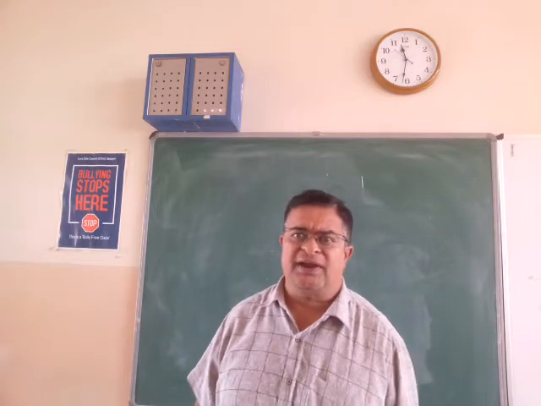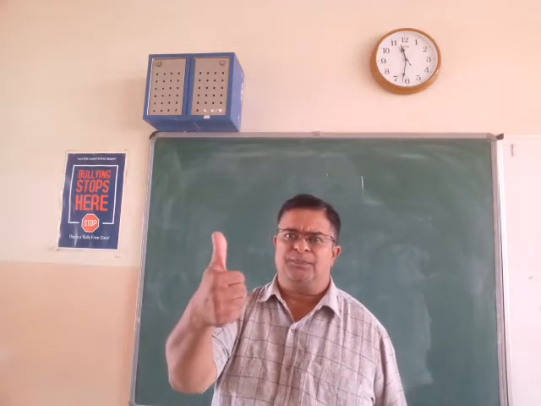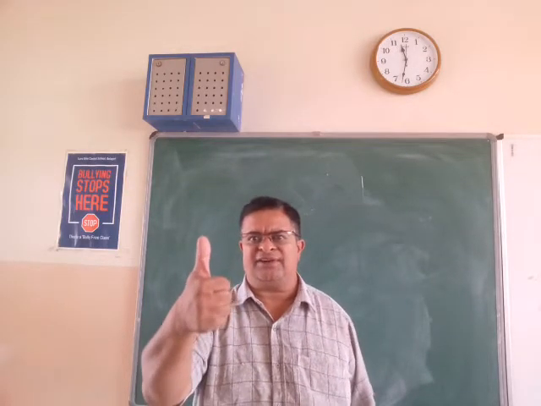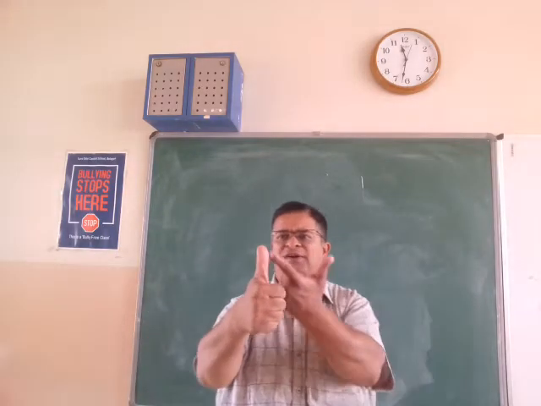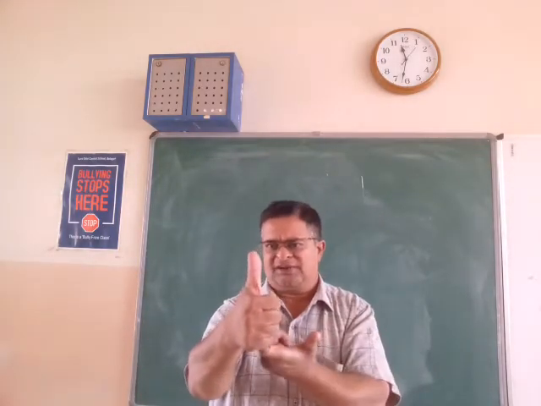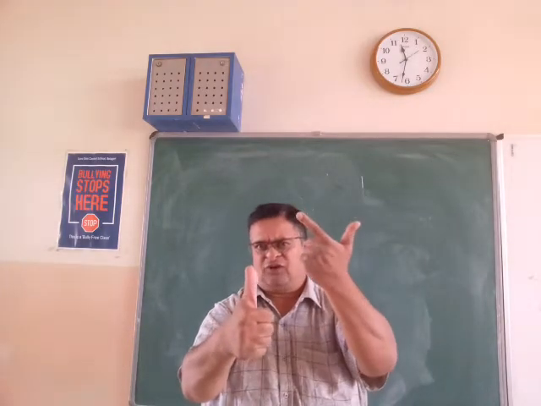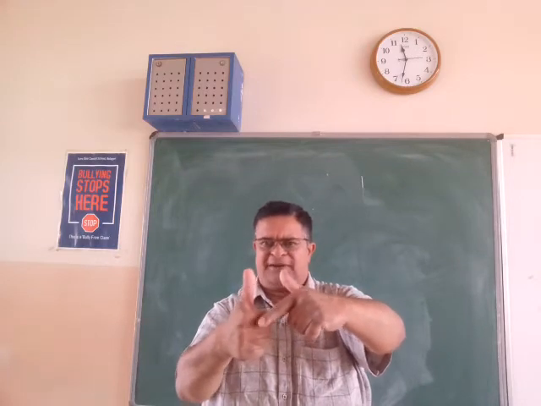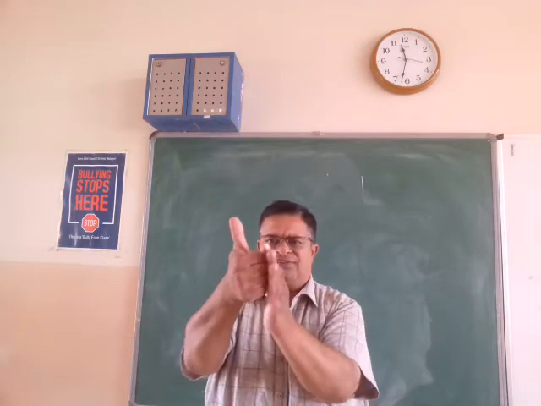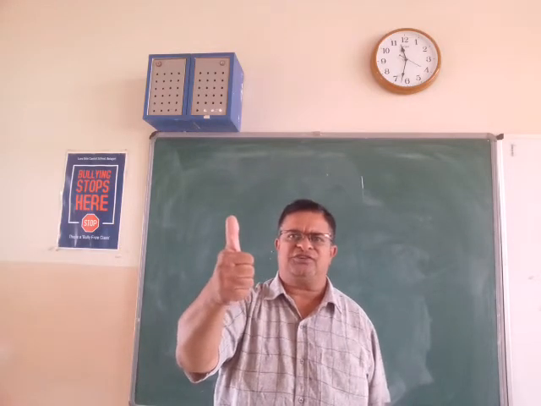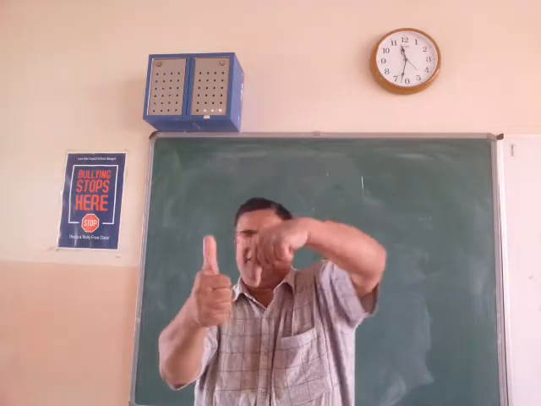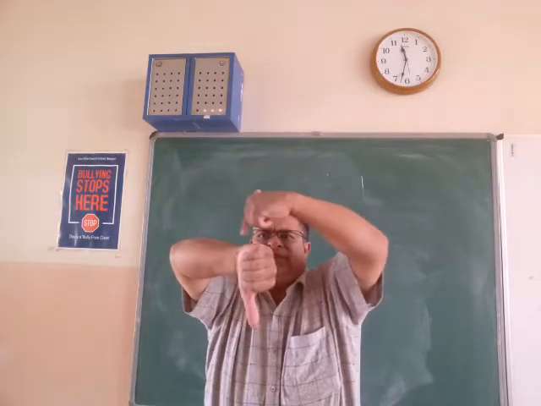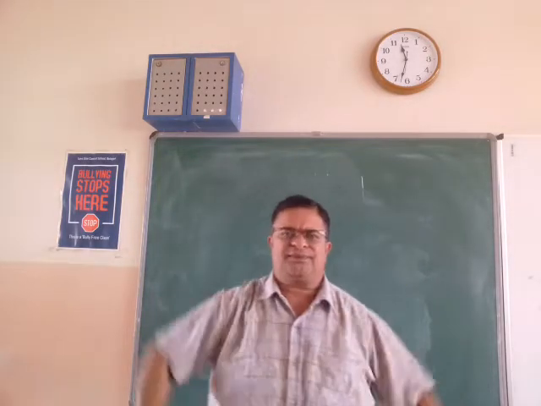This right hand rule states that if you imagine holding the straight conductor in your right hand like a grip, with the thumb pointing in the direction of current, like current is flowing in the upward direction, then the direction of the magnetic field lines is given by the fingers which are encircling the conductor. In this case, they will be like this. And suppose the current is flowing down like this, then the magnetic field lines direction will be like this.